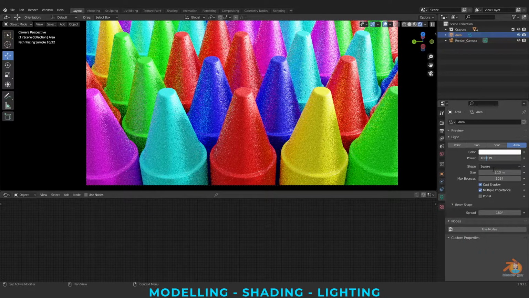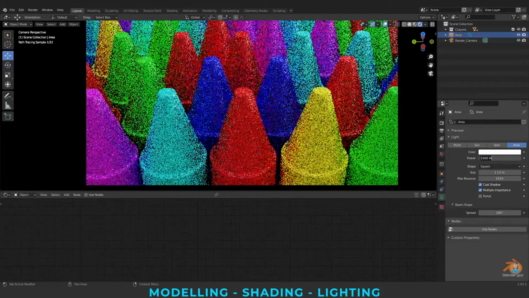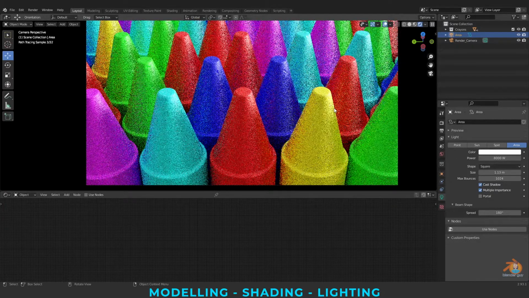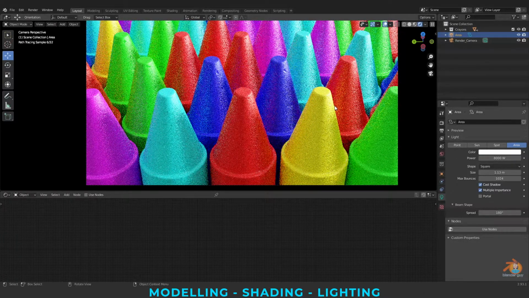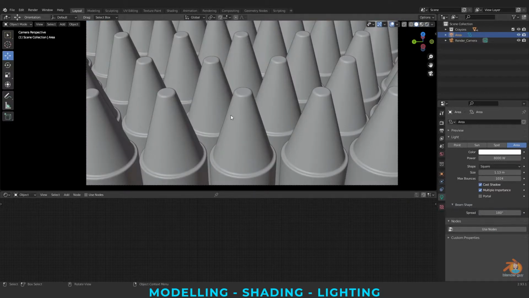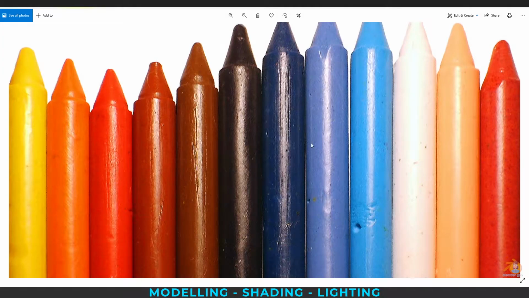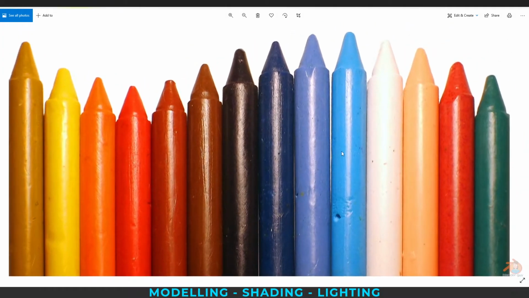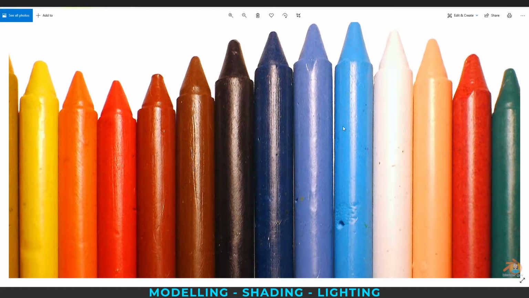Decreasing the intensity. And also I want to add a displacement node to create that roughness. To create the roughness on the crayons, I'm going to create a noise or displacement.